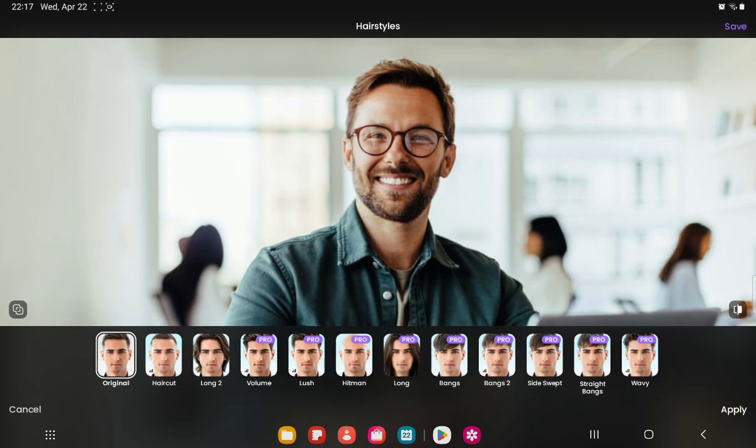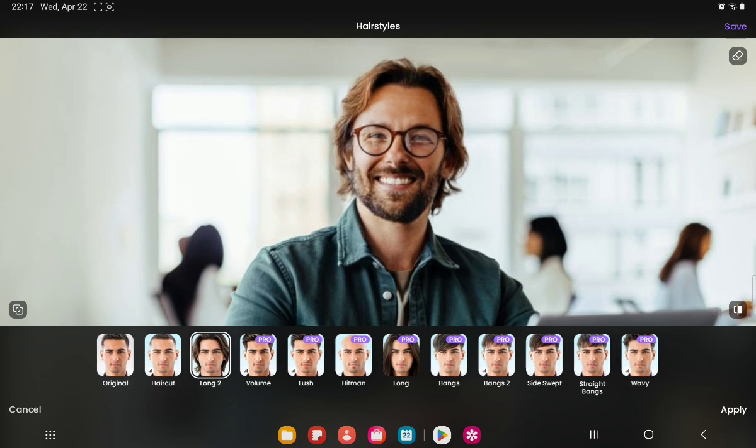Now once you click on the hairstyle, you're gonna add volume. You can choose either the short or long here to add the volume, and as you can see here, it transforms and it gives you longer hair. Now you can choose the style that adds volume or thickness. You can scroll between the styles here, but you have to pay for the premium version to have access to all